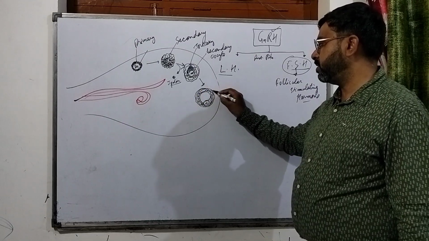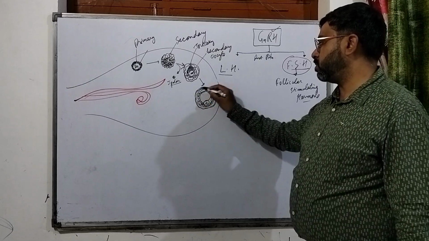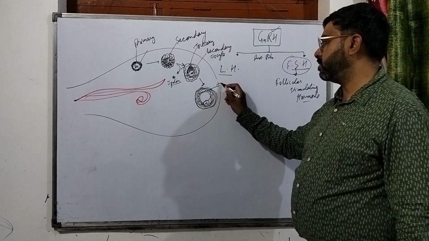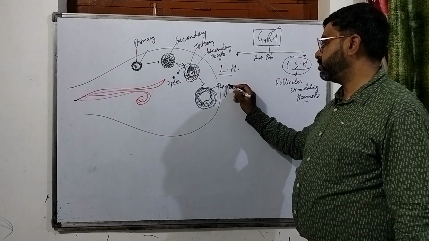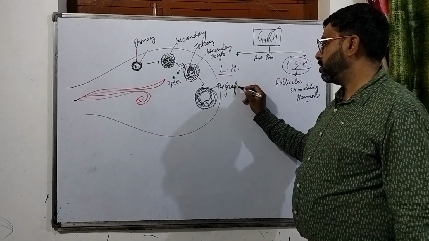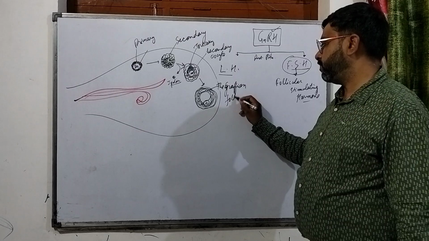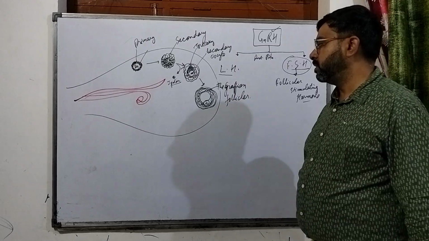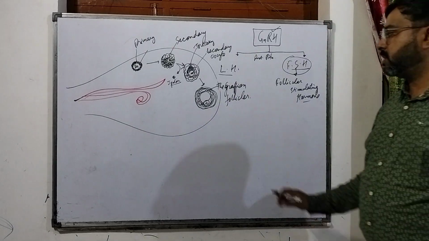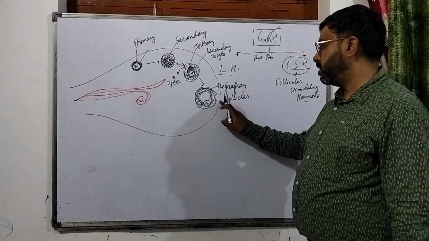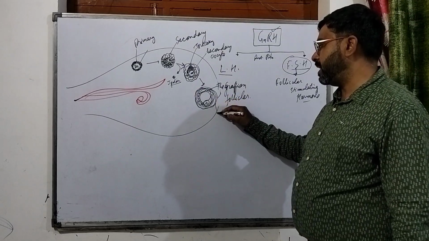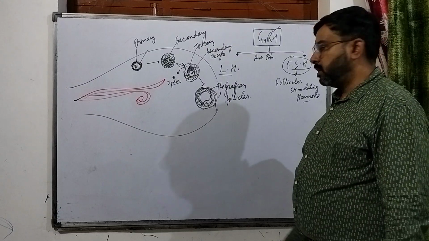So it is termed the Graafian follicle. Now this Graafian follicle will reach the ovarian wall and it will rupture, and